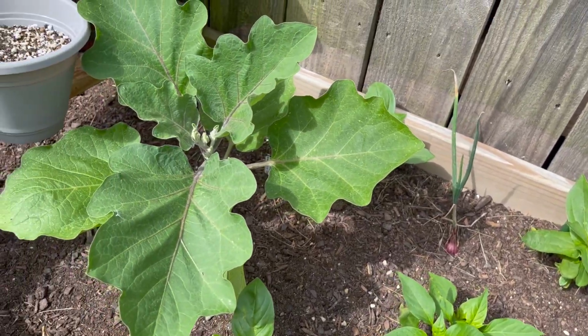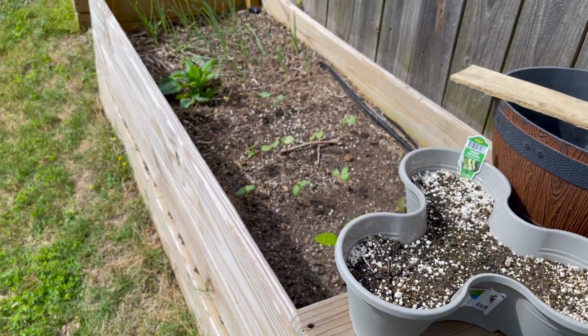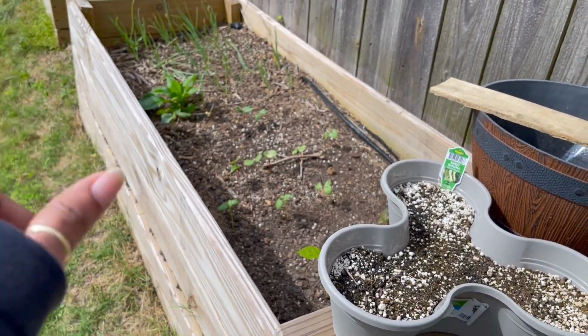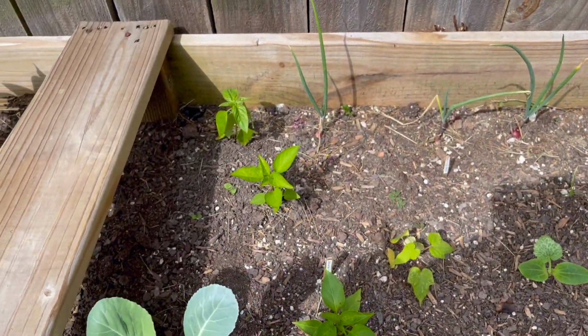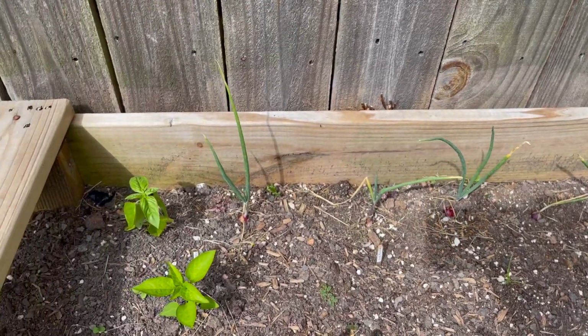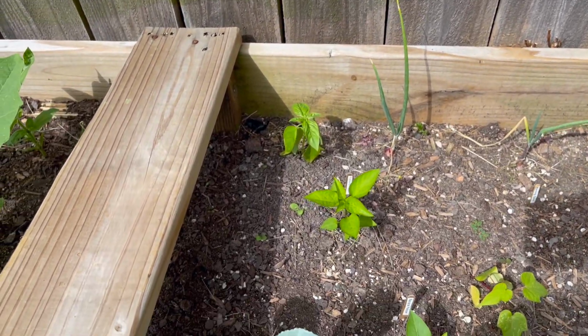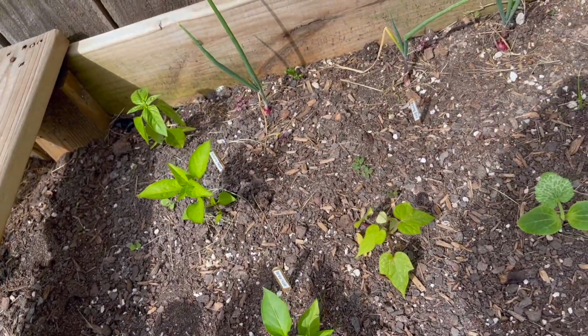And I'm gonna put some more. Don't really need it for okra. Never had any okra issues. Onions will take care of that. So that's good. Down here, we put some flowers, more of the onions that I grew that you guys planted out together. Then we have another banana pepper, and